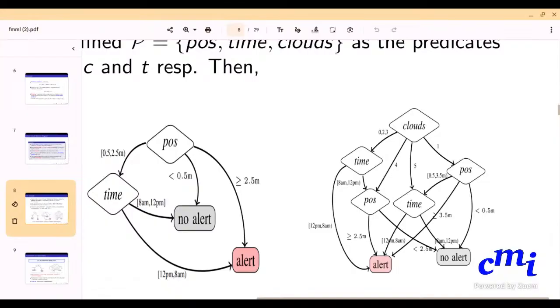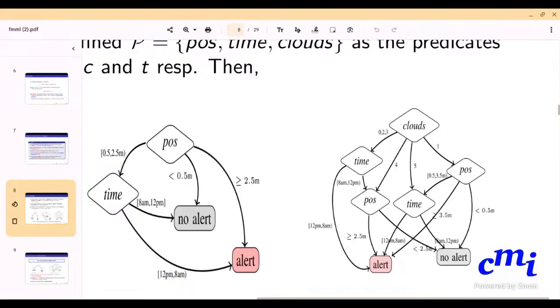Multi-valued predicate. It could be 0, 2, 3, and what it's checking is if the value of clouds is in partition 1, partition 2, or partition 3. That's what it's checking. So as a predicate, you can view it as: if it is in partition 1, only this will be true. If it is in partition 2, which is 4, then this will be true. So in that sense, clouds is a predicate. One way is to say multi-valued predicate, but it is really checking if the value of clouds is in one of those partitions.